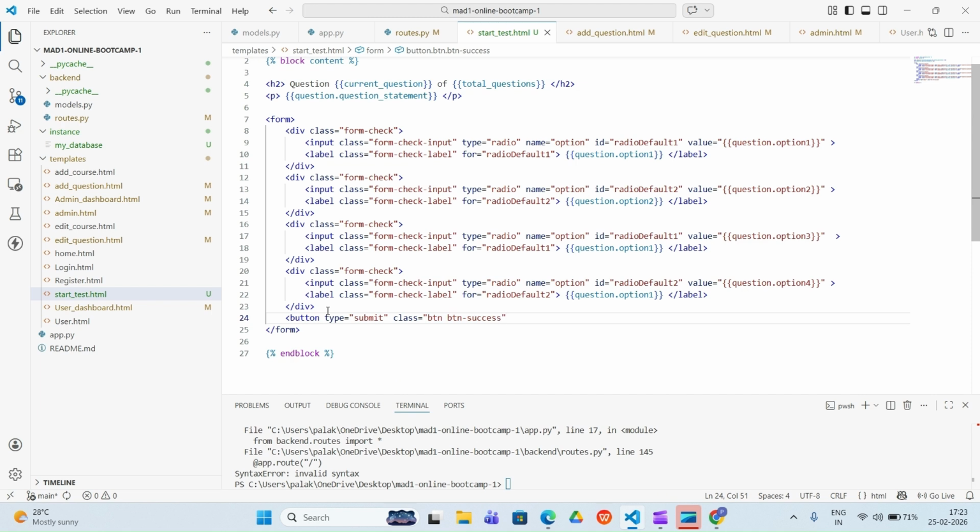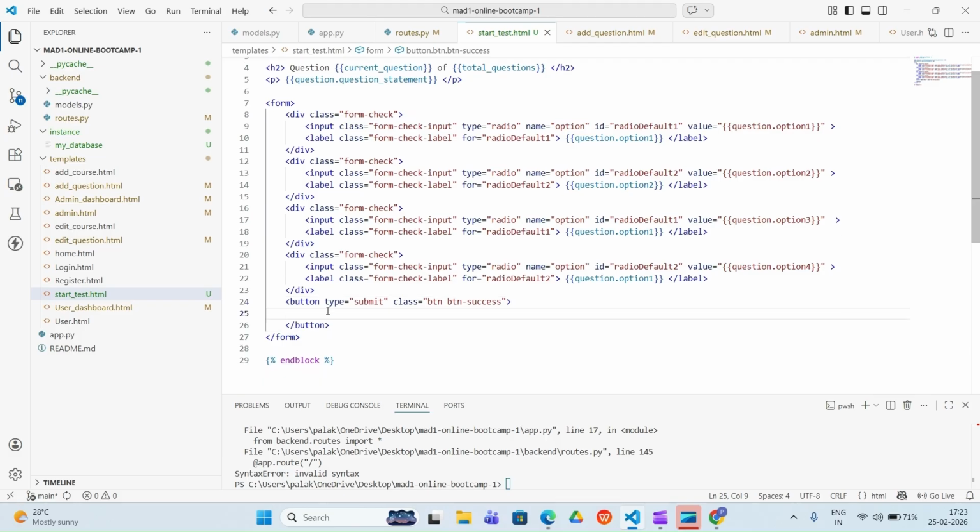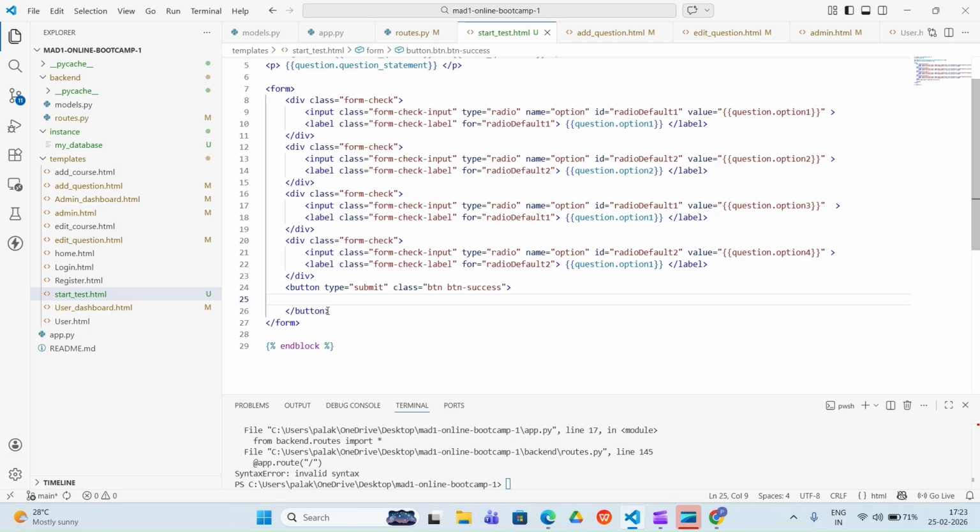And then in this button, what happens is, if the current question is the last question, then we will finish the quiz, otherwise we'll go to the next. So we'll write here if this was the last question: if current question is equal to the total questions, then we will finish the quiz. So we'll come here and write finish quiz.